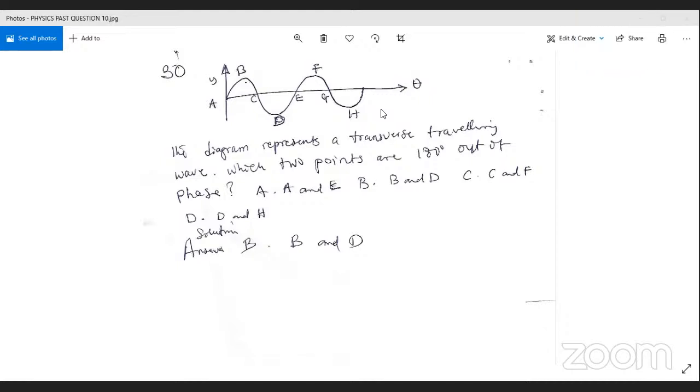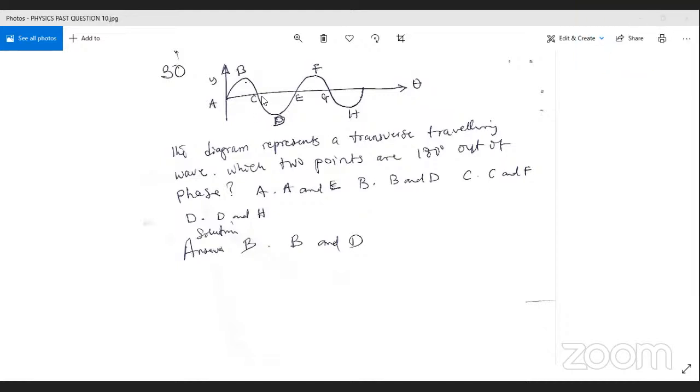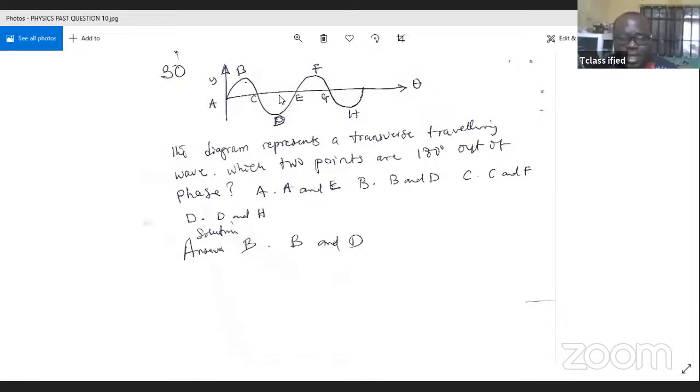Yes. Okay. So the other ones that are not the same now, you have B and D. This is where B is, and this is where D is. So we have, okay, we have C and F too. This is C, this is F. So this cannot be because they are at